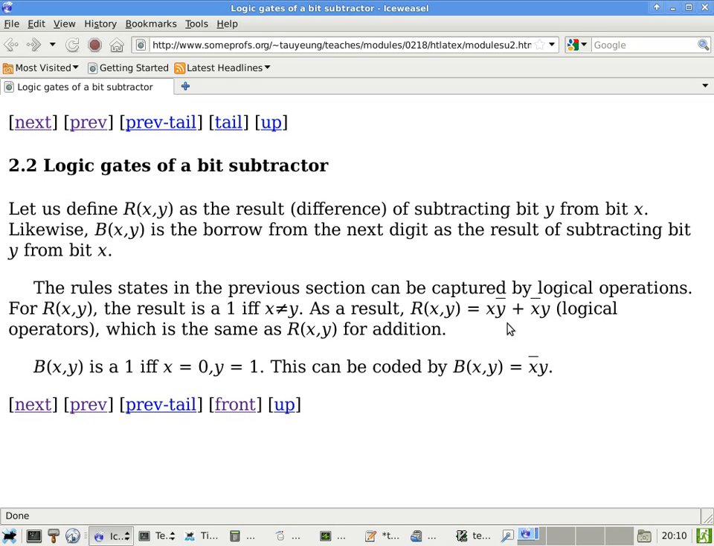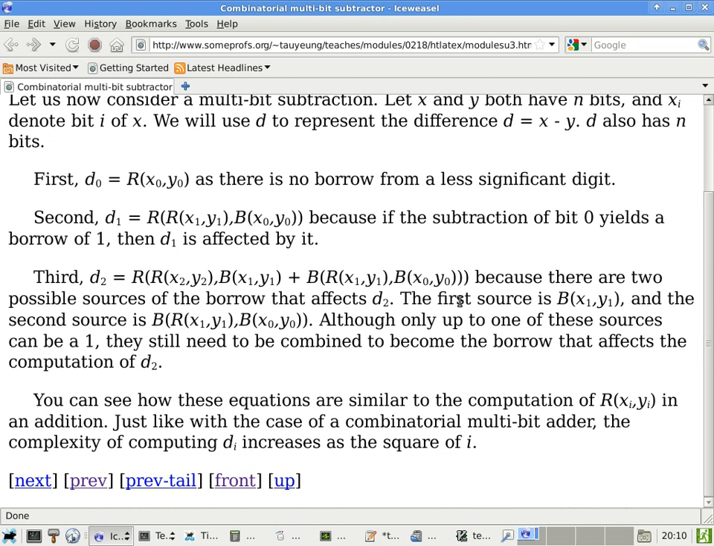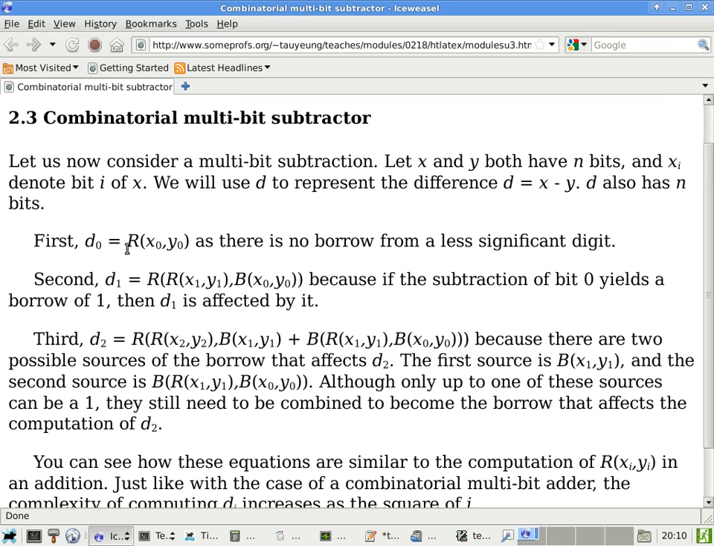Can everybody see the importance of this slide here? Even though it seems like we're still doing the same thing as the previous slide, now we're translating everything to the gate level. And this is basically the same thing as in the addition slide. In other words, if we want to use D as the difference, or the result of the subtraction,